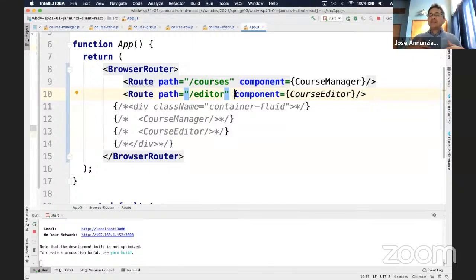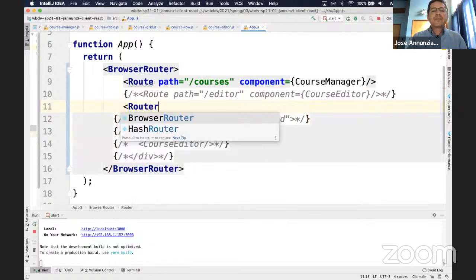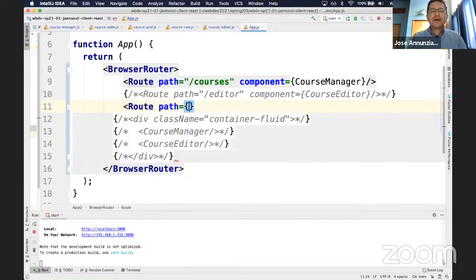To be able to pass objects down to the components, notice that over here, it's inside of an expression. It's not the actual component as a tag, so I can't pass it anything here. Instead of using this syntax, we're going to use an alternative syntax. We're going to say Route, path, slash courses, slash editor,